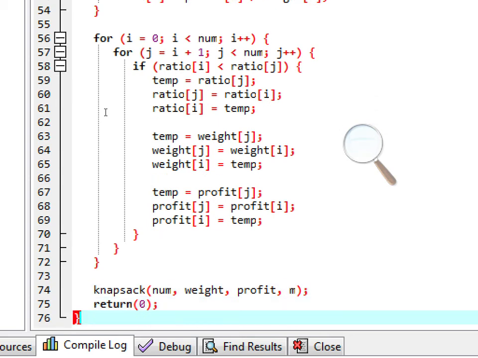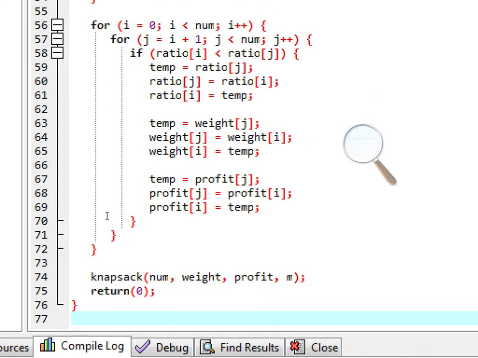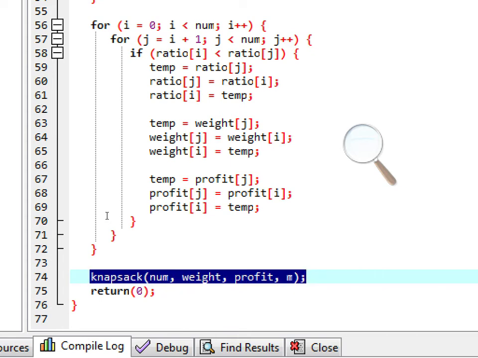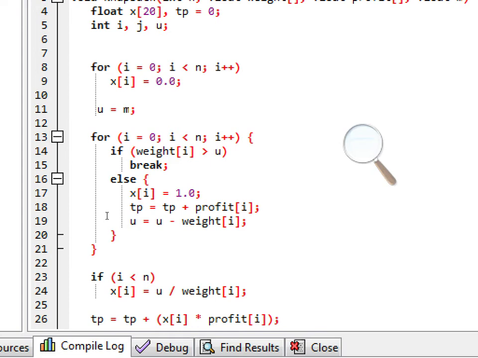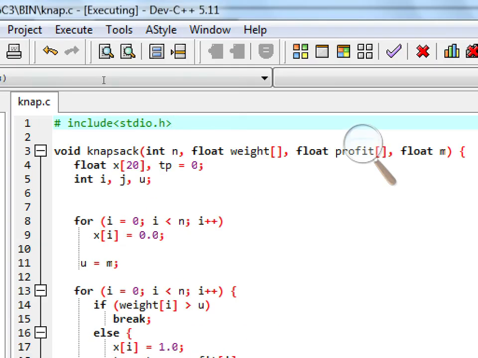Now we will call the knapsack function, it means the knapsack algorithm. Here within the knapsack call we pass num, the number of objects, the weight and profit arrays, and after that m, the knapsack size. From here we call the knapsack function, so we will come here.